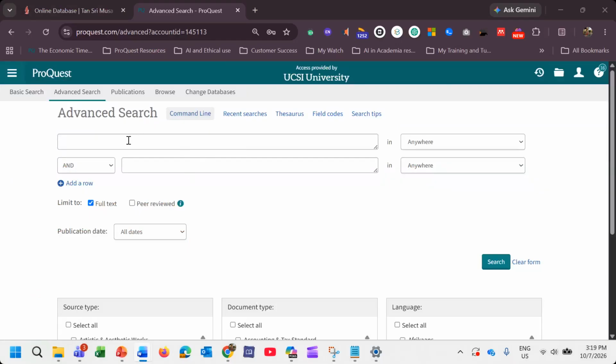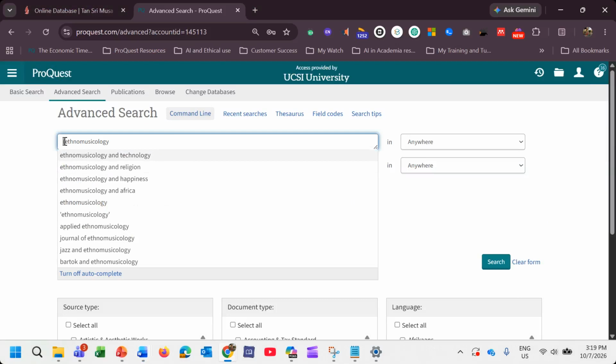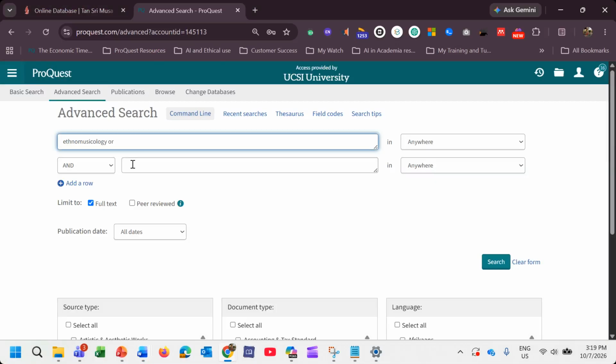So you can either just type in what I have done, jazz and saxophone, for example, or if you want to learn about this one, for example, if your term is ethnomusicology, you can also expand it using search terms like traditional music or folk music or indigenous music. So if you want to explore all these musics, you just have to add the OR in between. So for example, ethnomusicology OR traditional music OR folk music OR indigenous music.